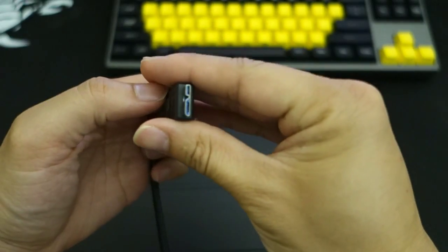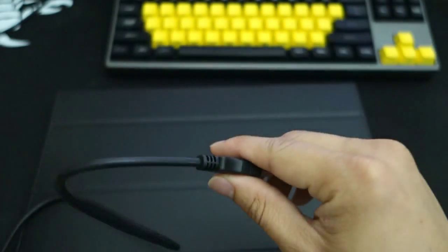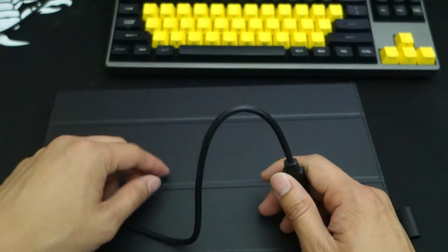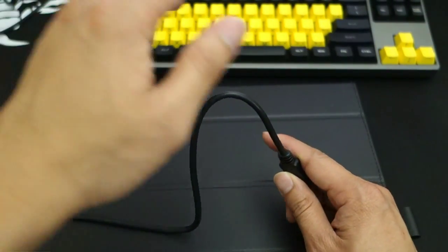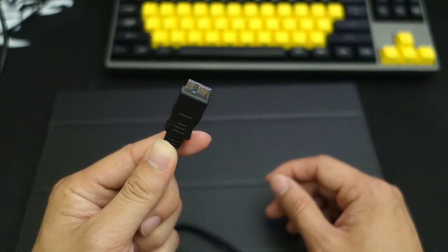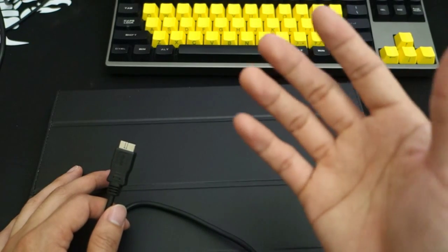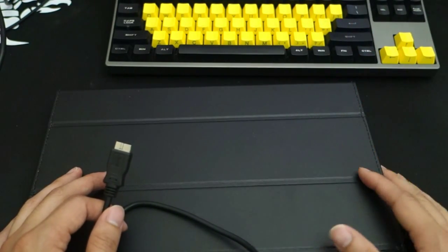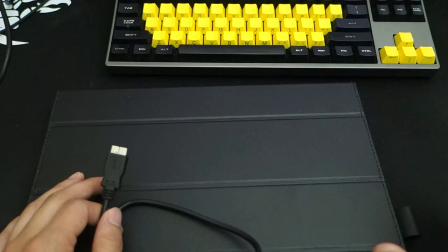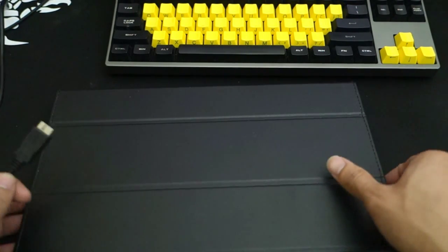So it uses this little USB cable here, looks like a USB 3.0 cable, and the way it works is it actually has two USB inputs. Those two inputs you need to plug into your computer, and that gives you output for this. So I think one is for power and driving the monitor, and the other one is for the actual touch display, the sensor for it. You do need to install the software that comes with the CD, and you can actually get that software online also. Anyway, on this side here you have the only port on the device, this little port here. You plug it in just like this,